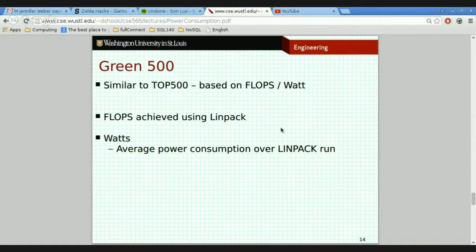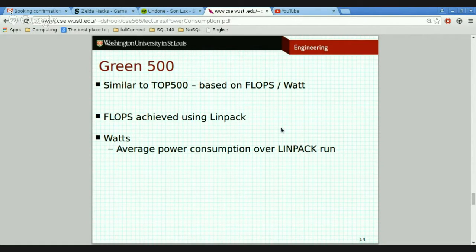And so the flops part is achieved using HP LINPACK, right? In fact, the flops metric is the same flops metric that is submitted to Top 500. It is only the actual flops metric that was achieved. It's not the theoretical maximum flops metric. So it's only actual physically measured performance that is taken into consideration for the Green 500. And then for the watts measurement, it's the average power consumption over this LINPACK run,